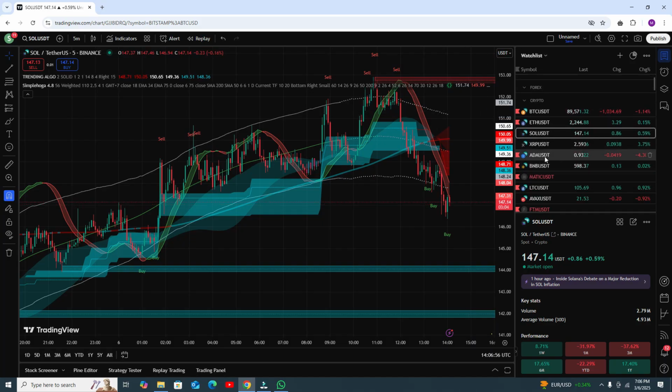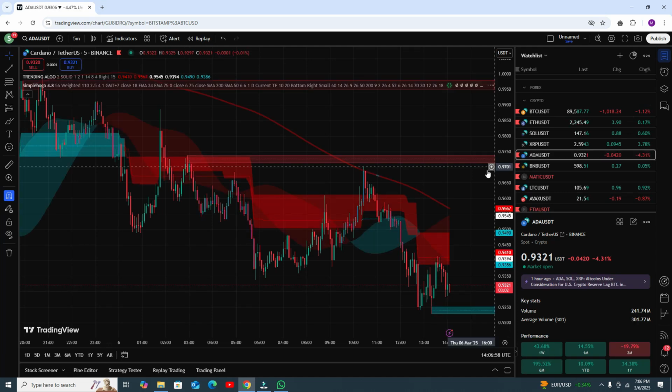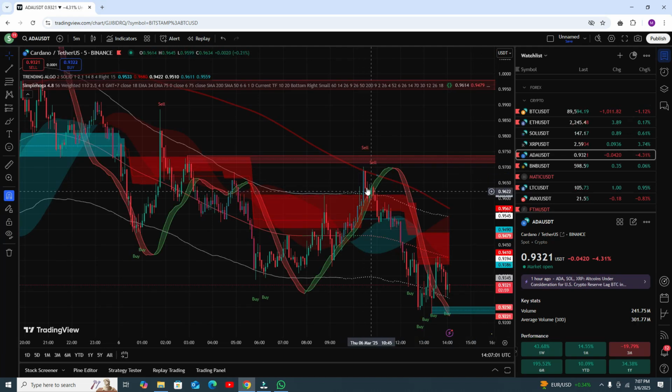Let's see some live demo. Okay, that one is a strong sell condition. Okay, that is a weak sell signal. And you can see both signals giving you 100% profit. Okay, let's see some more examples.